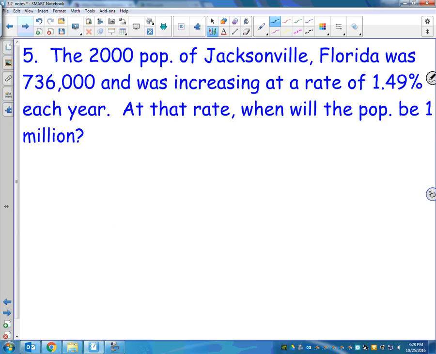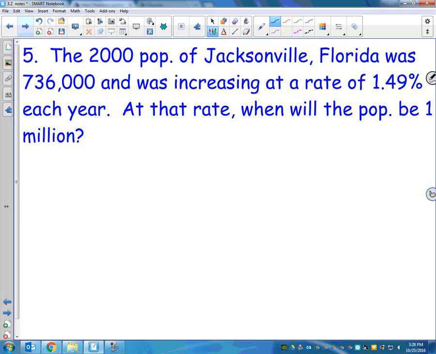Then we have something like this. It says the 2000 population of Jacksonville, Florida was 736,000 and was increasing at a rate of 1.49% each year. At that rate, when will the population be 1 million? I think I want to do this one in class because I want to show you how we can use a graphing calculator to do this, but let's at least write the equation and then we'll graph it together to